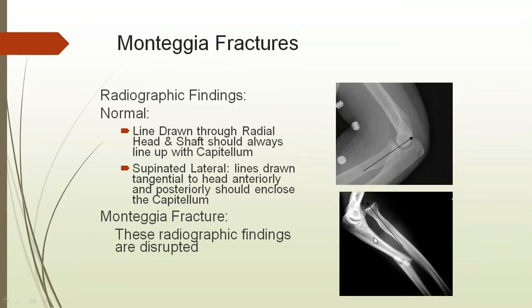In case of dislocation of the radial head or fracture of the radial head, like in Monteggia fracture, the radiocapitellar line normally should go through like this. So here also it should go through in this way, but this line has gone more anteriorly. It is not at all crossing the capitellum. So that is one of the most important X-ray findings in case of fracture dislocation of the radial head.